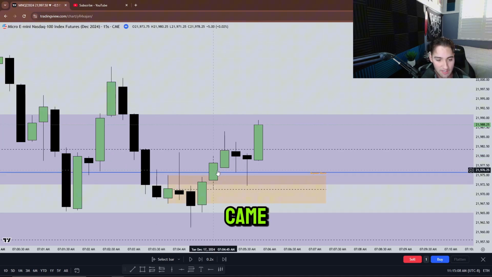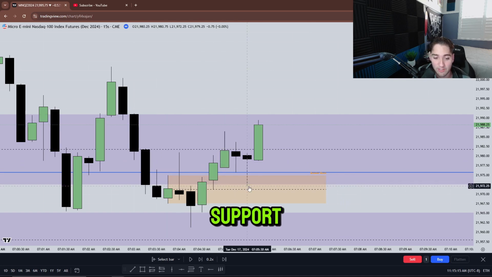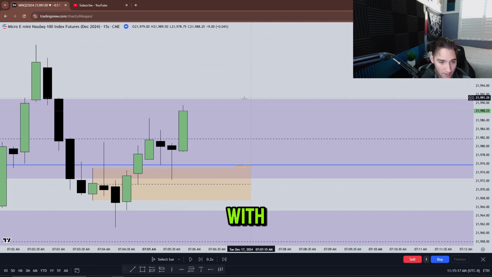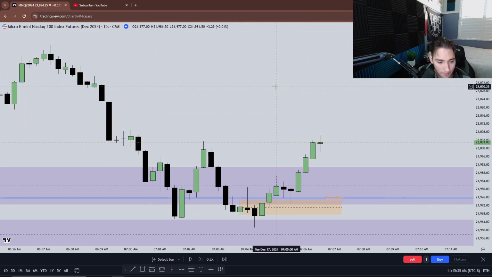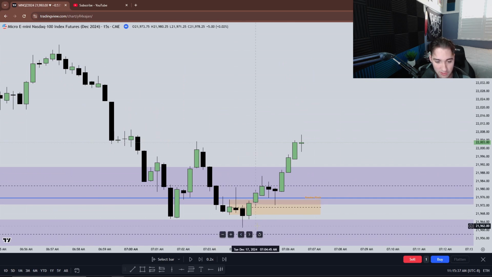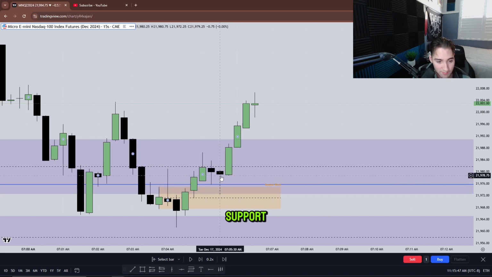price came out of that, and now it uses this wick with that breaker block as support, guys, as you can see. So with that being said, it led higher. When that wick hits the breaker block, the top half of it, that's really bullish to me. So it bounces off that 1 hour time frame fair value gap or 15-minute fair value gap, and then price makes that breaker block here, comes into there, uses it as support, big